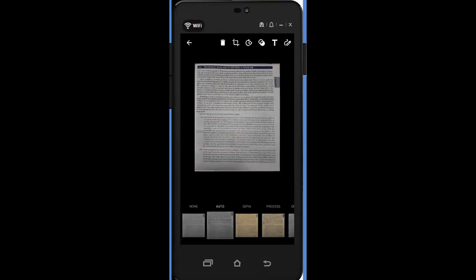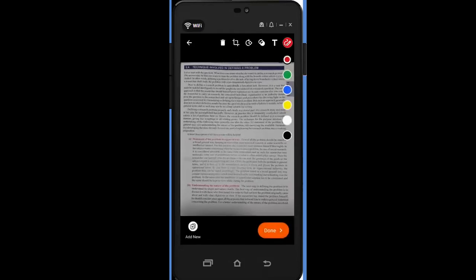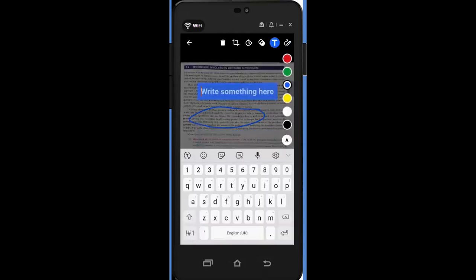Let me not use anything here. On this, I can also scribble something. You don't want all of this; you only want to highlight what is important here. So maybe I can use a tool here. I'll say, okay, this is important for me, so I'll highlight this area. Or if there is some important point here, I'll highlight this area. You can also write something if you want.